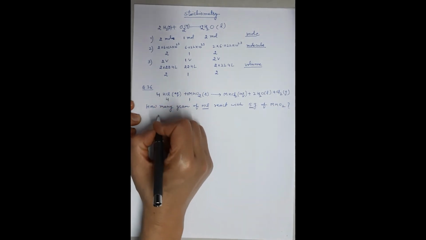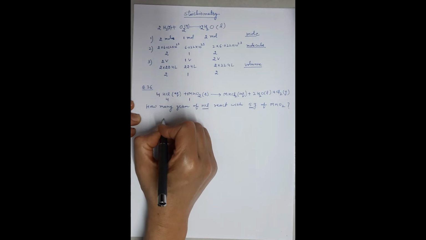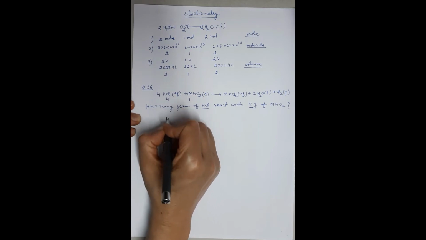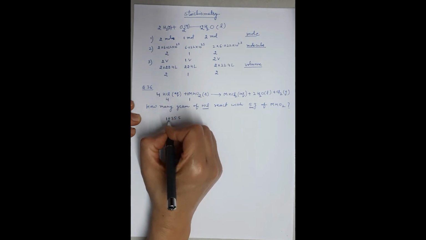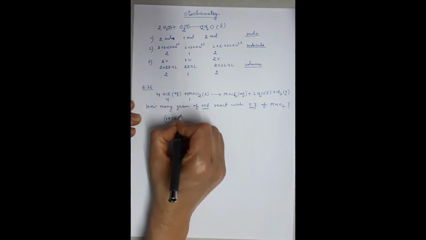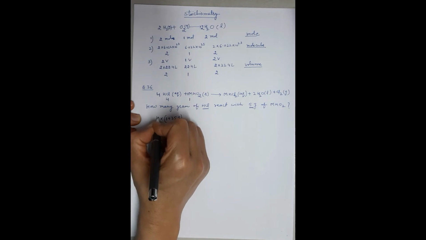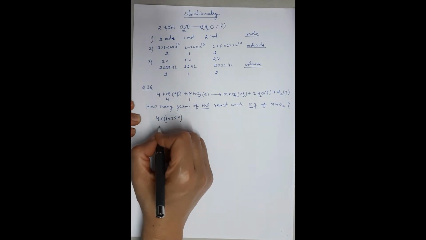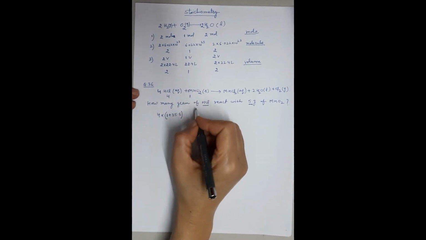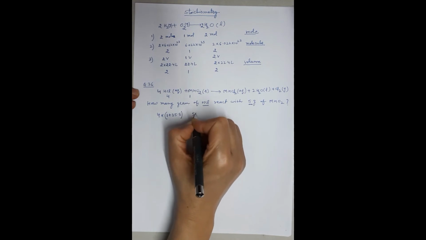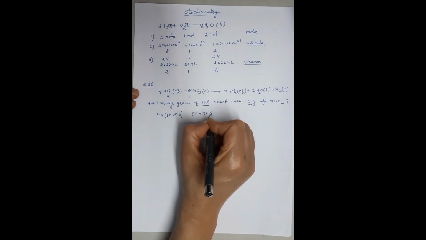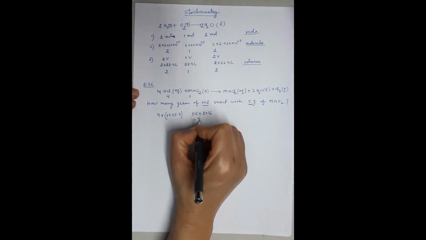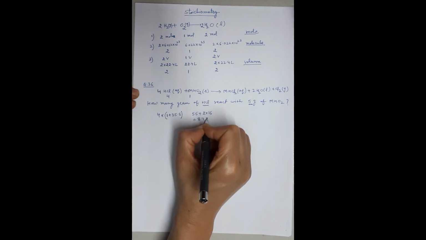4 moles of HCl. 1 mole of HCl: H is 1 and Cl is 35.5. This is the molar mass of HCl, that is the mass of 1 mole of HCl, but it is 4 moles here, so multiply it by 4. Children, the molar mass of manganese is 55 and there are 2 oxygen, so 2 into 16. It comes out to be 87 gram.